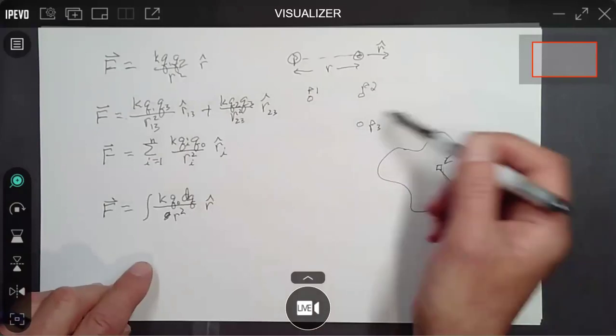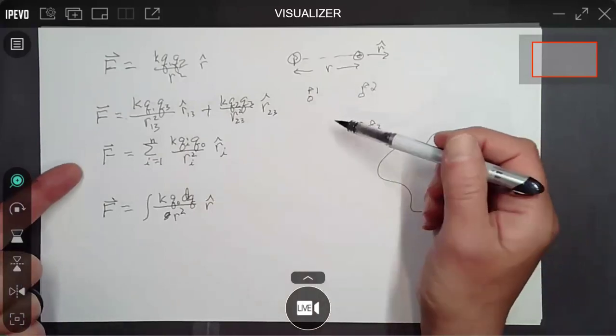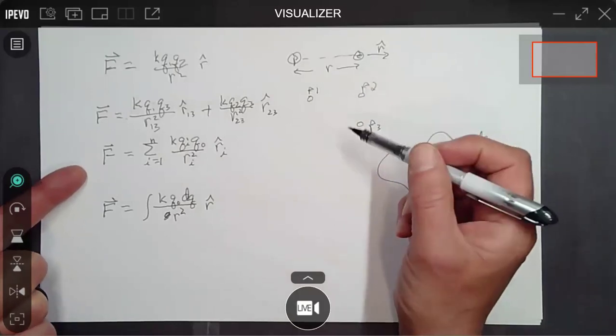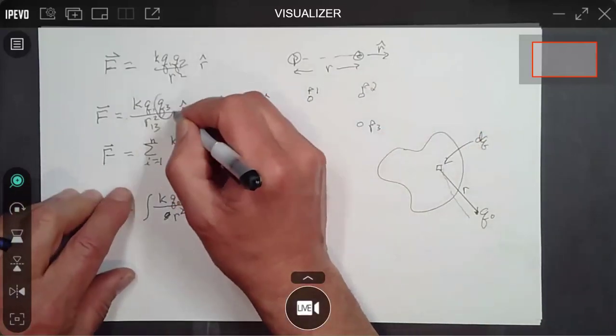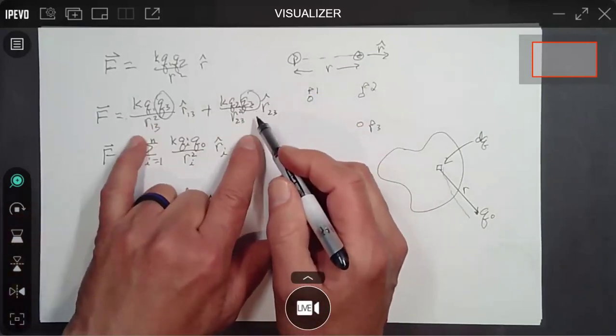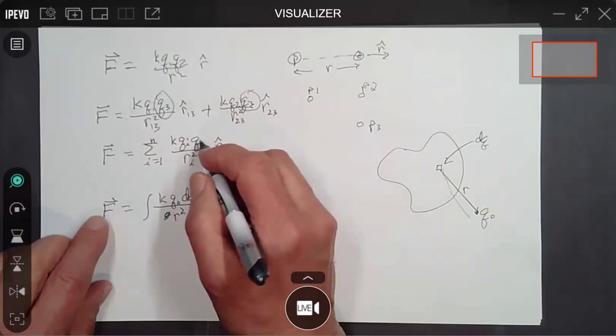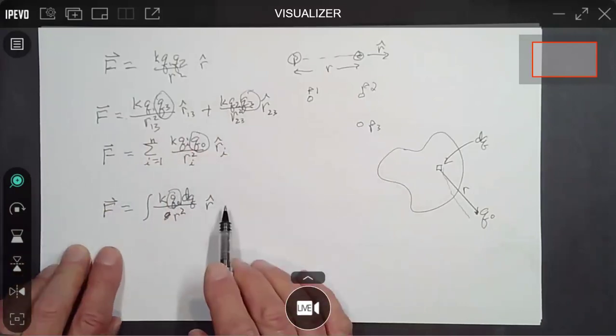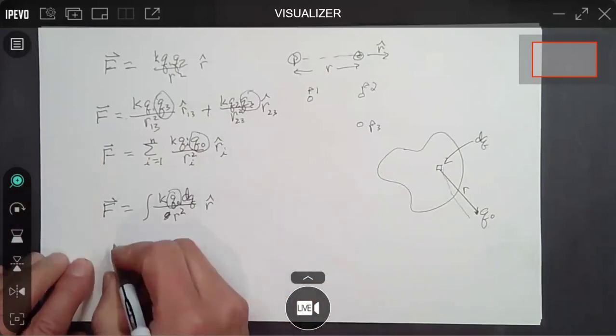And we don't want to have to redo this entire calculation every time. And so what we do instead is we take this thing out of consideration, and this out of consideration, and this out of consideration, and we actually